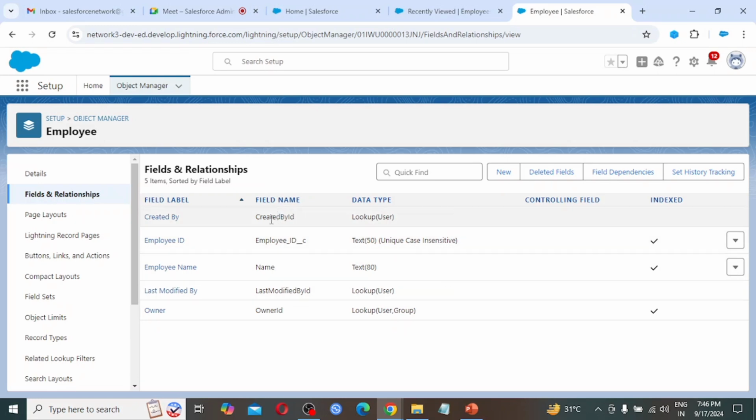So these are the fields created by Salesforce. The field names for which we are not seeing double underscore c at the end are standard fields, and the fields denoted by double underscore c at the end are custom fields.